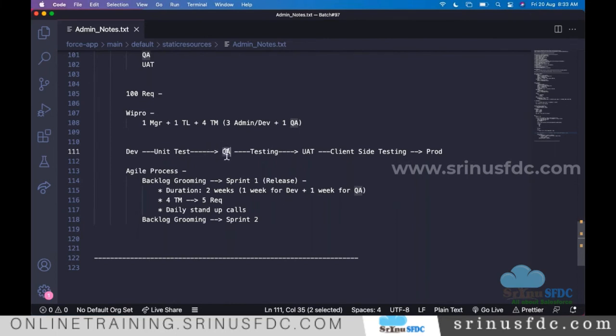Once they sign off, it will be moved to UAT. Then client-side employees do the testing. If they find any bug, again we need to do development, and the QA team will test again. If they sign off, finally it will be deployed to production. That's the process we follow in the projects.